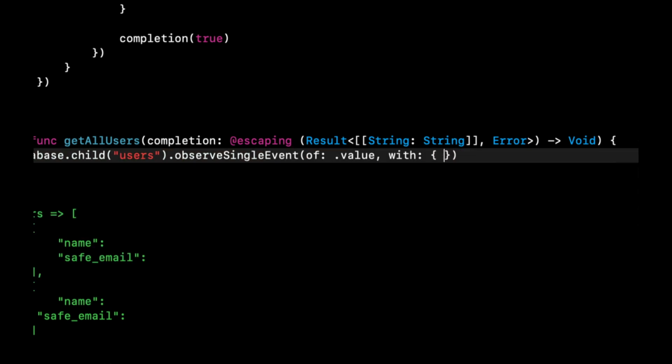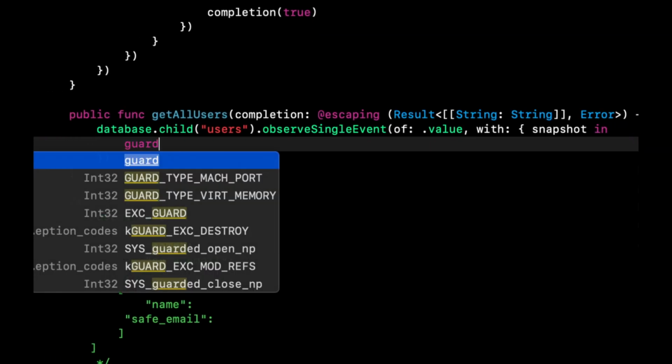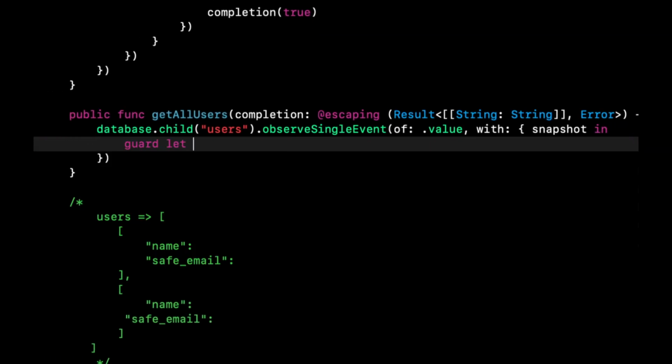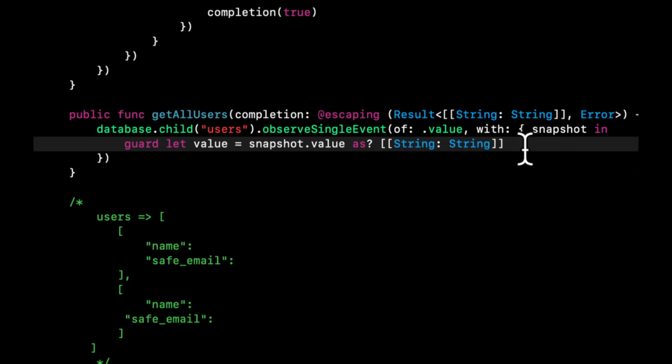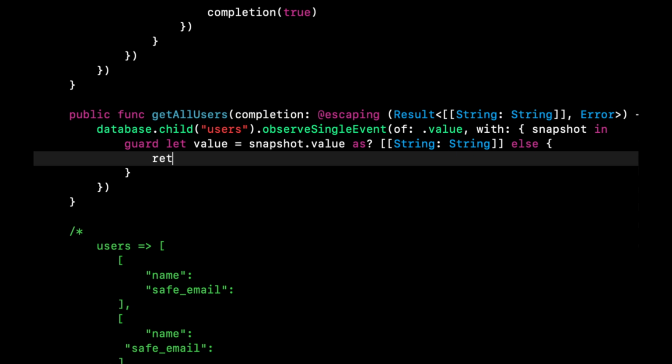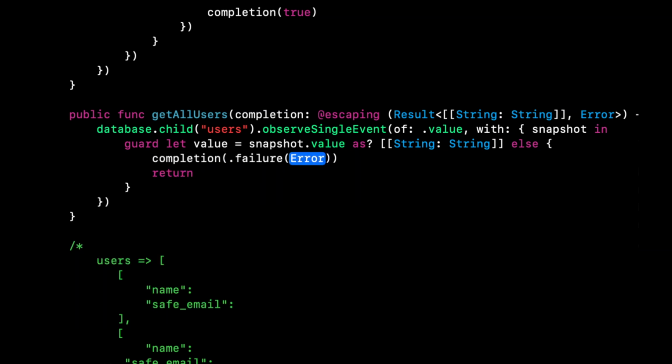This is going to be snapshot in, and on this snapshot we can say guard let value is snapshot.value as an array of these dictionaries. If it doesn't fulfill that, we're going to return and pass in a completion block with a failure, and the